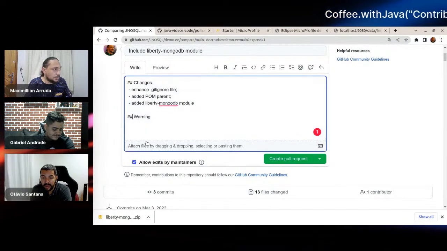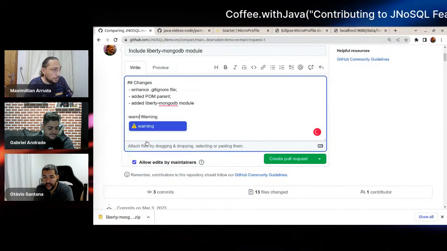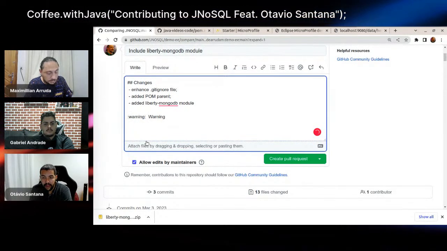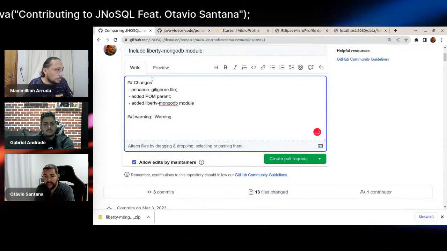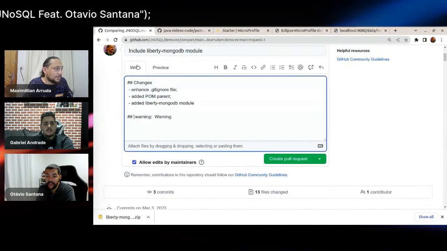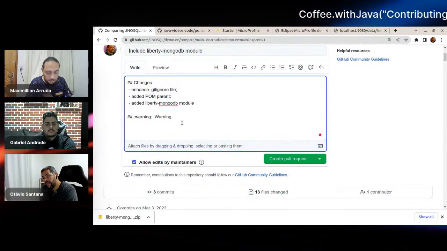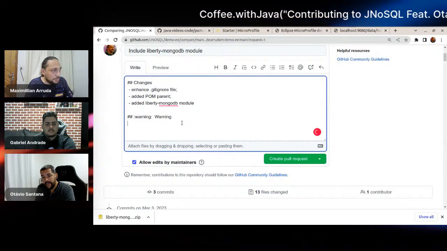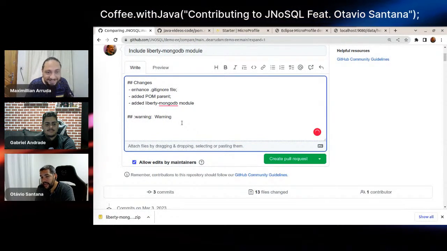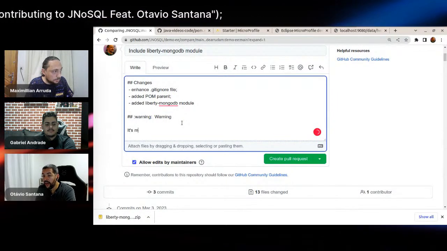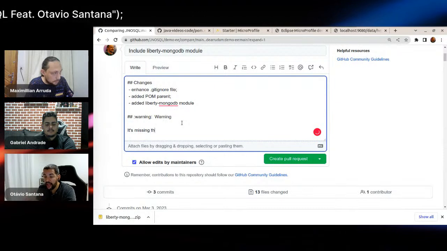Got it. It's a thing. Warning. Yes, I could do something like that. So what you need to do is say it's still missing a lot of things. It's missing the MongoDB integration, but it's enough. You can justify why you're doing that.